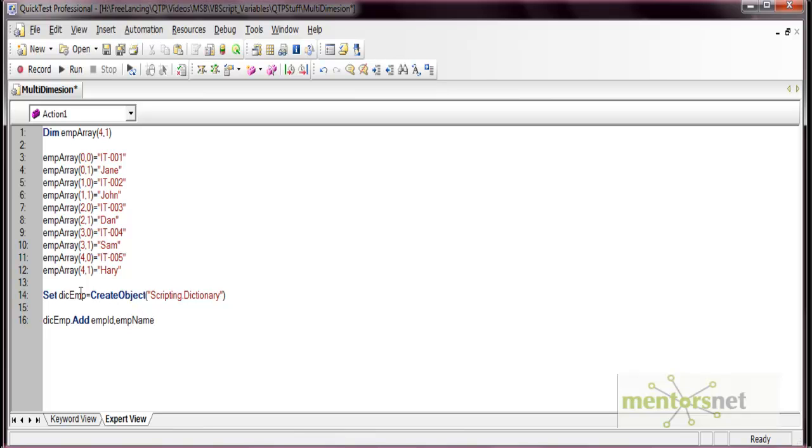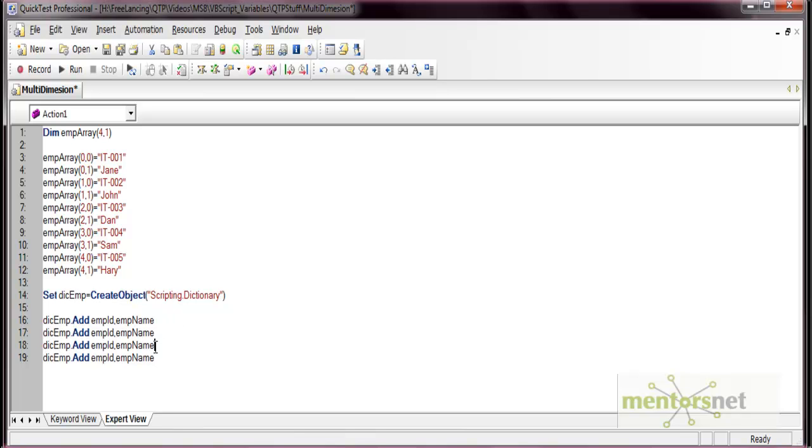So you can add this statement as many times as you want, and that will become the size of your dictionary. If you add these 4 lines, it means the size of your dictionary will become 4. So you can use a two-dimensional array in this way when you don't know the actual size of your array, and it can grow to the number of times you add the Add statement to the dictionary.